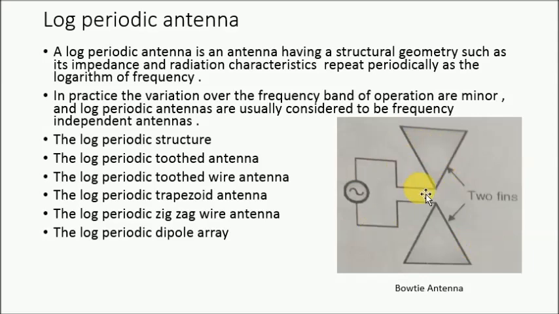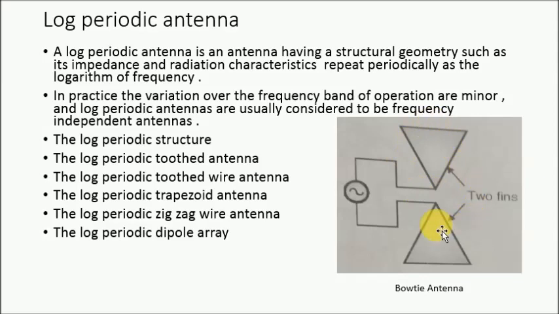We have to modify the structure to get frequency independence. The radiation pattern of this antenna is bidirectional, with the broad main beam perpendicular to the plane of the antenna. The bow tie antenna is mainly used in UHF TV channels, and it is frequently used with wire grids and a ground plane behind, so that the back lobe is reduced. Now here, how do we make the antenna frequency independent?